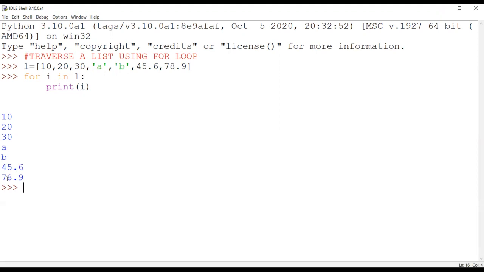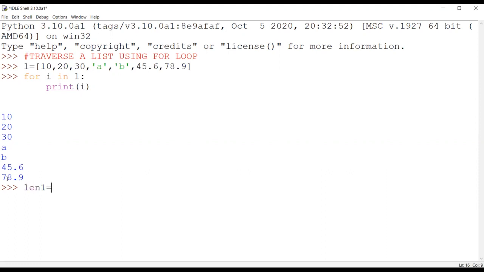The second method, as I discussed, is range. But as we know, the range function always accepts integer values. That means it always accepts the range, that is, how many times you want to run your for loop. It decides that. For that, I need to know the length of my list, and for that, I'm going to use the length function.